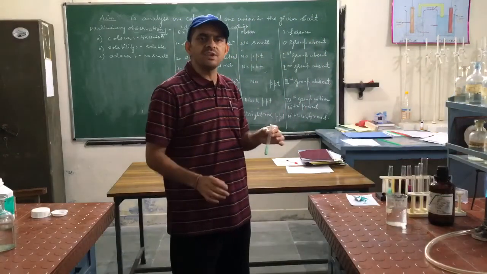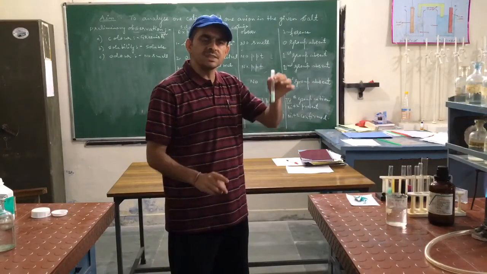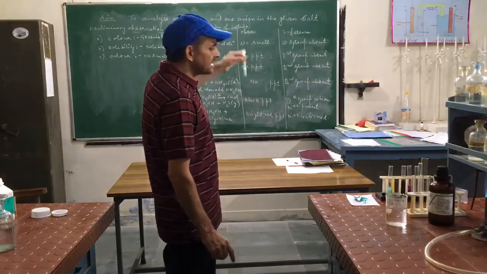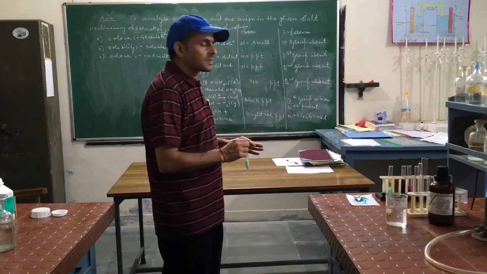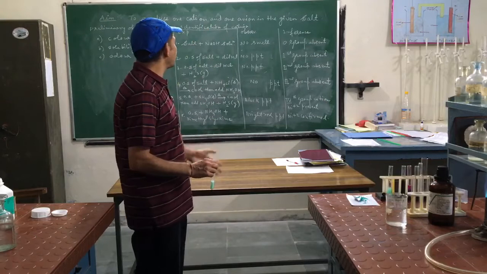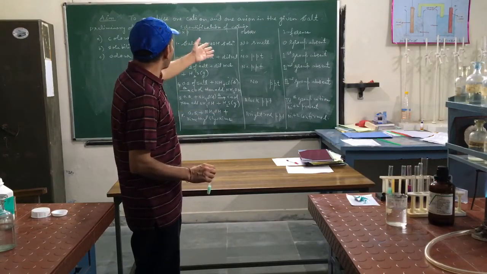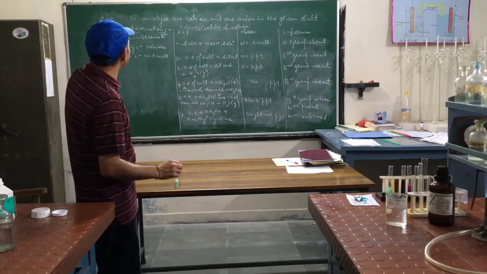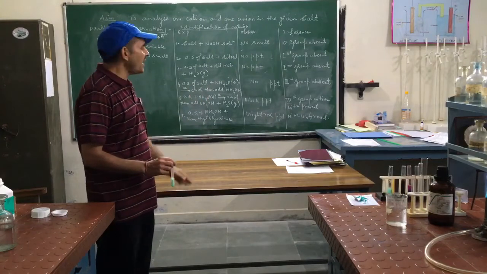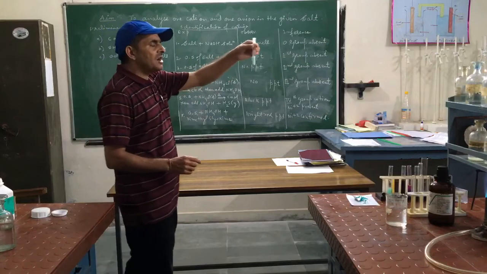So the cation we detected is nickel ion. It is present in fourth group, and with nickel cation the anion was sulfate. The pattern of the practical to write will be the same. The aim will be the same, to analyze one cation and one anion. I have written the test for nickel ion. First you have to write the preliminary observation followed by identification of cation. When you have identified the cation, then you will write identification of anion. Which anion was present? Sulfate.